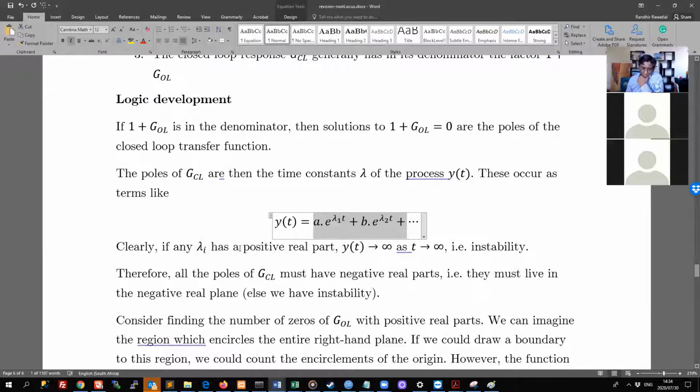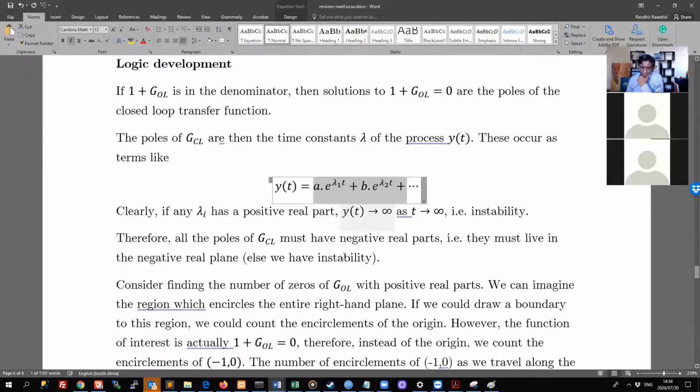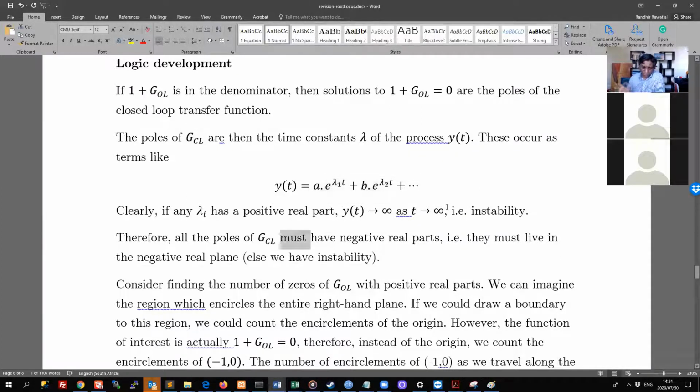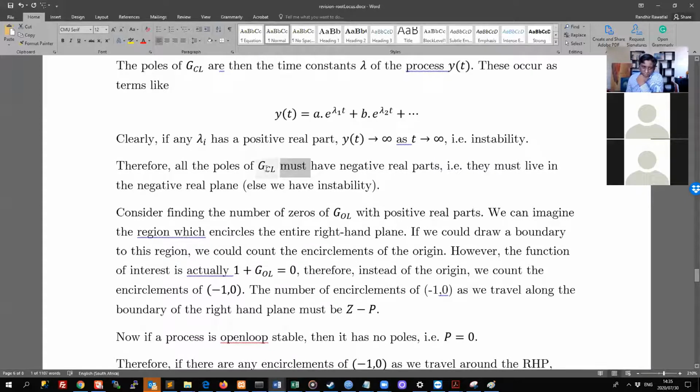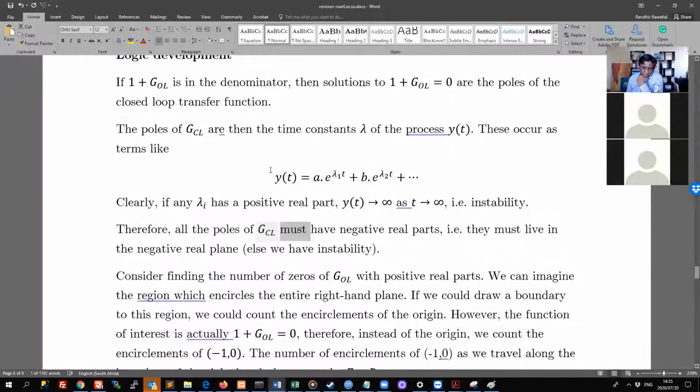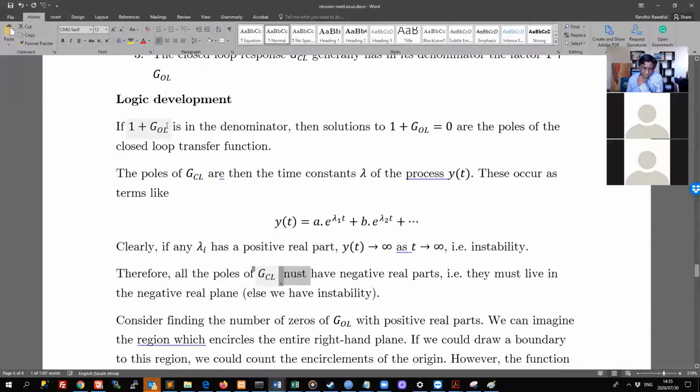So we don't want lambda to have a positive real part. So that tells us that the poles of the closed loop must only have negative real parts. That's what we want. And be careful when I'm saying must here, it doesn't mean that's a rule or anything. I mean, we want it to have negative real parts because we want stability. So we have just said, however, that the poles of G closed loop are the roots of 1 plus G open loop. So the zeros of 1 plus G open loop are the